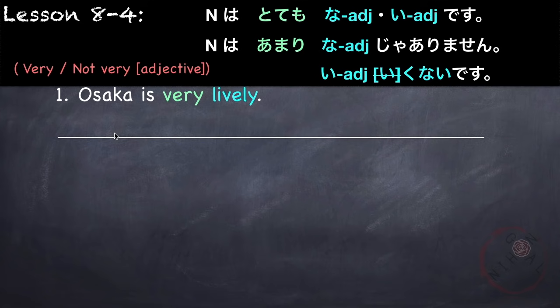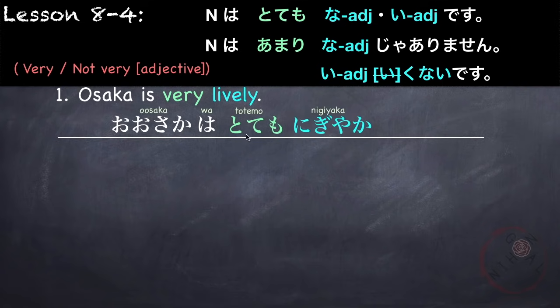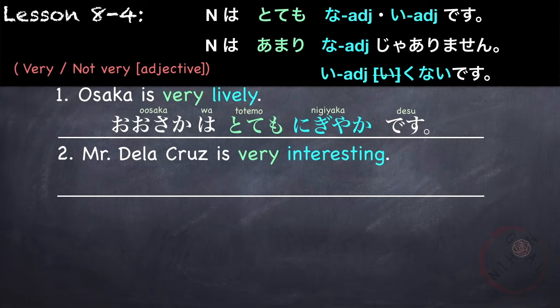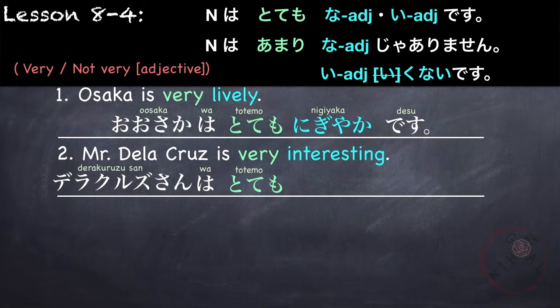First, let's begin with our topic which is Osaka. Osaka は very, とても, lively is にぎやか and then です. 大阪はとてもにぎやかです。Another example is using the i-adjective. Mr. De La Cruz is very interesting. デラクルーズさんは very とても interesting is 面白い followed by です。デラクルーズさんはとても面白いです。